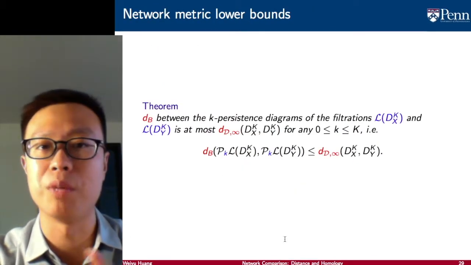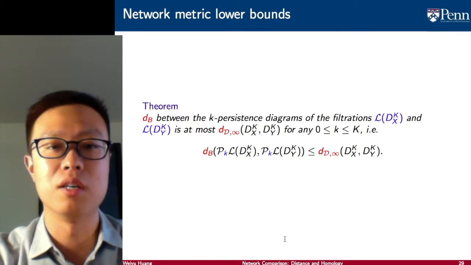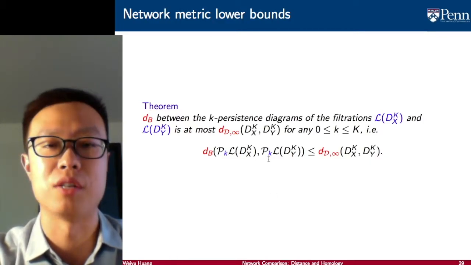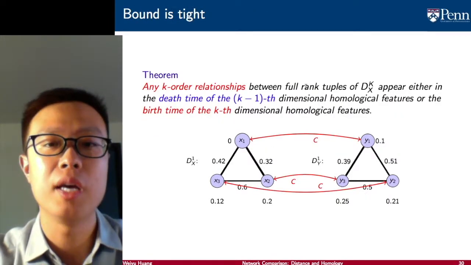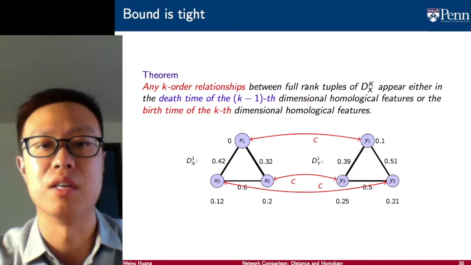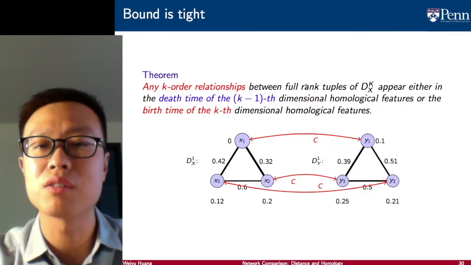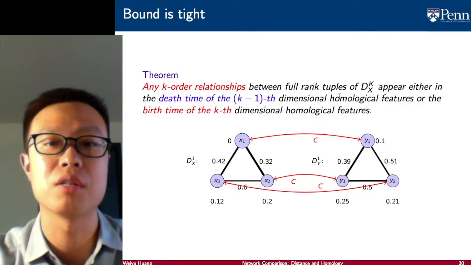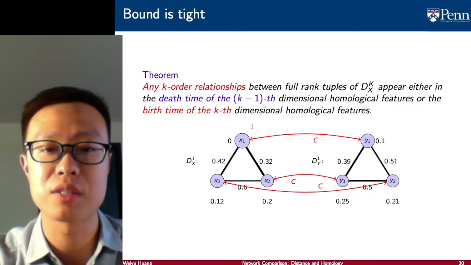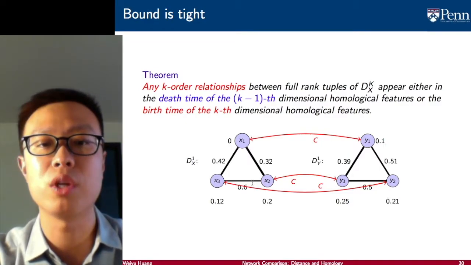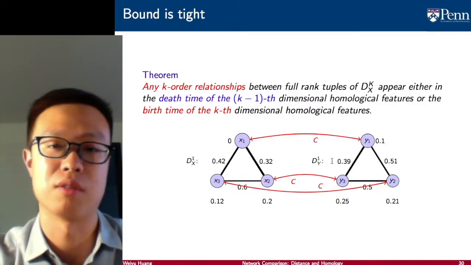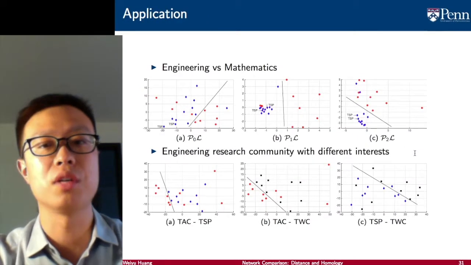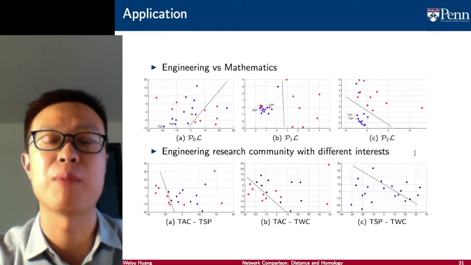The central theorem in our paper is that the difference between persistent diagrams can serve as an approximation, actually a lower bound, of the network distance. Moreover, if the network is constructed nicely, then nothing is lost when we consider the persistent diagram. There are lots of examples where the lower bound from the persistent diagram difference is the same as the actual network distance. We consider this in the classification of collaboration networks.